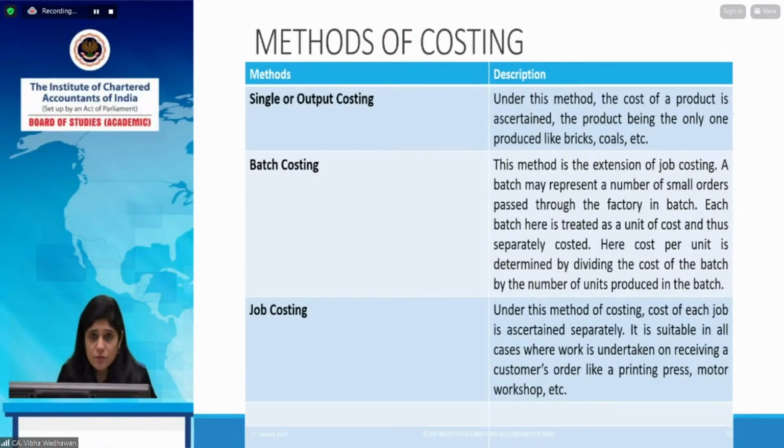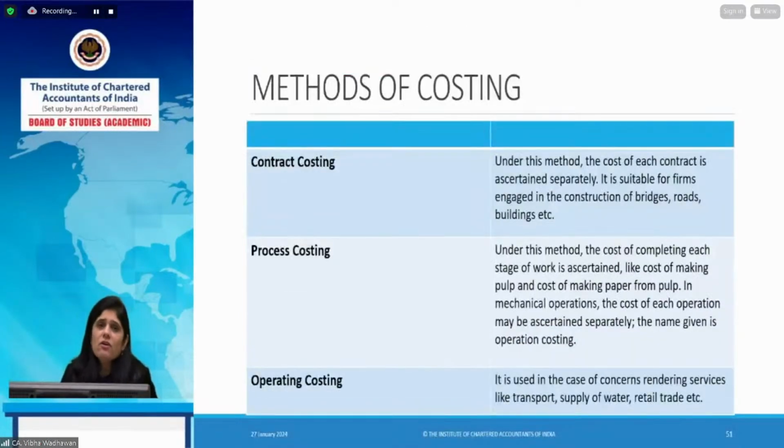जॉब कॉस्टिंग, जॉब कॉस्टिंग जनरली होता है जहां पे आप कस्टमर ऑर्डर के हिसाब से मैन्युफैक्चर करते हो। ठीक है, सो हर एक कस्टमर ऑर्डर आपके लिए एक अलग कॉस्ट ऑब्जेक्ट है, हर एक जॉब आपका एक अलग कॉस्ट ऑब्जेक्ट है। सो आप हर जॉब की अलग कॉस्टिंग करते हो। कोई आपसे 4 चीजें बनवा रहा है, कोई आपसे 10 चीजें बनवा रहा है, तो जॉब 1 में कॉस्टिंग पर जॉब होगी जिसमें वो आपसे 4 चीजें बनवा रहा है। जॉब 2 में वो आपसे 10 चीजें बनवा रहा है, तो वो जॉब 2 आपकी अलग जॉब है। कॉस्ट ऑफ दैट जॉब 2 इज सेपरेट, उसकी कॉस्टिंग अलग होगी। सो जॉब कॉस्टिंग जहां पे आप कस्टमर ऑर्डर के हिसाब से मैन्युफैक्चर करते हो, स्टैंडर्डाइज प्रोडक्शन नहीं है।